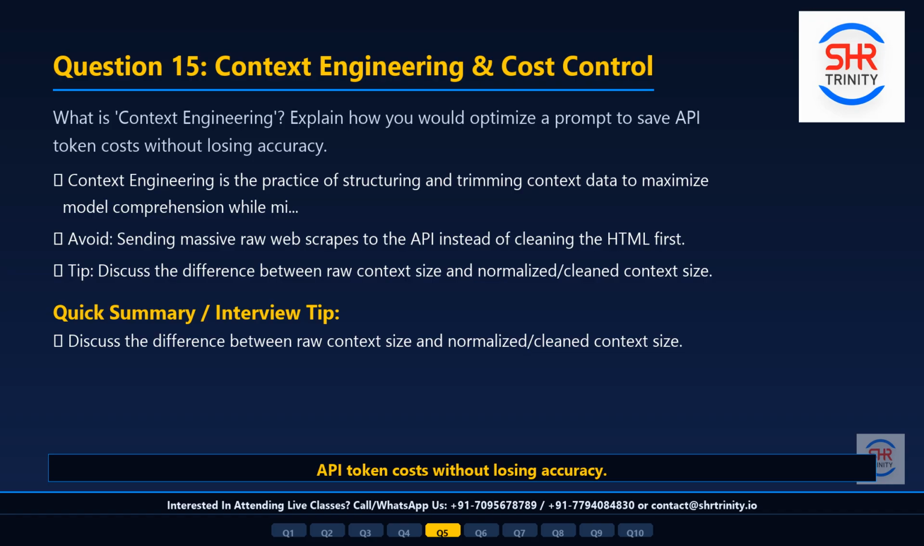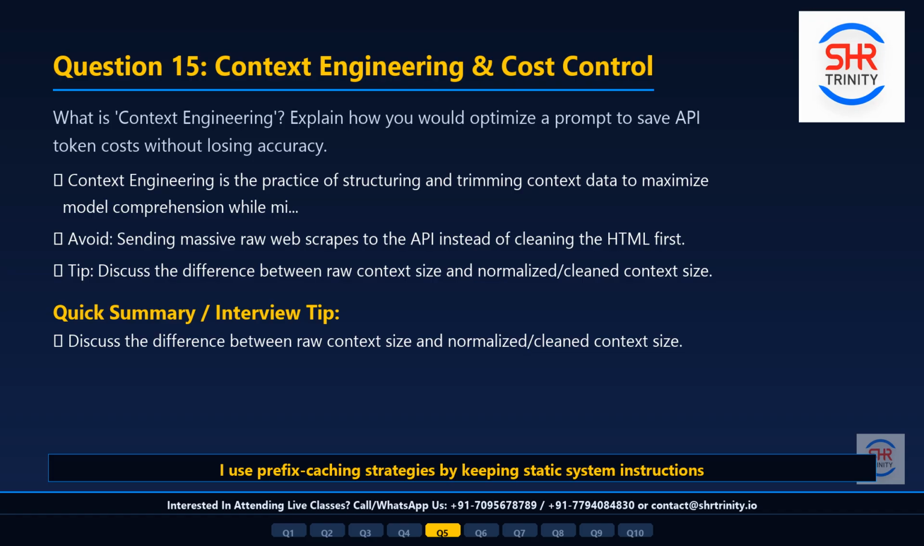Context engineering is the practice of structuring and trimming context data to maximize model comprehension while minimizing token footprint. To optimize costs, 1. I remove redundant conversational elements, boilerplates, and repetitive headers. 2. I use compact formats like CSV instead of verbose JSON/HTML in the prompt context. 3. I use prefix caching strategies by keeping static system instructions at the very beginning so the API cache can